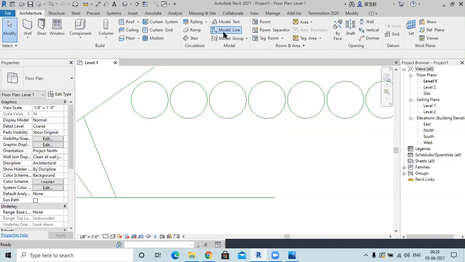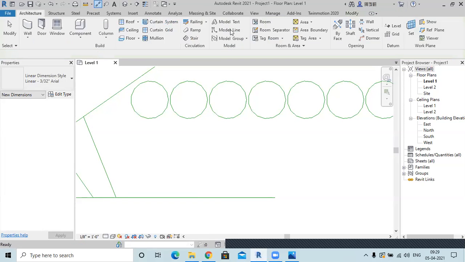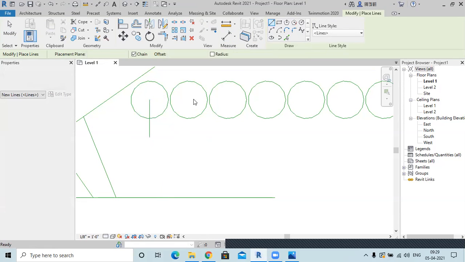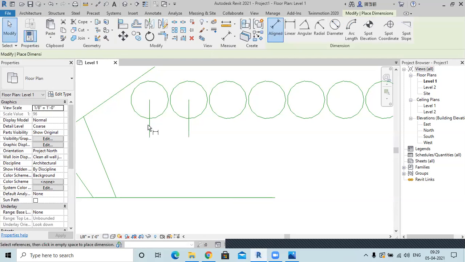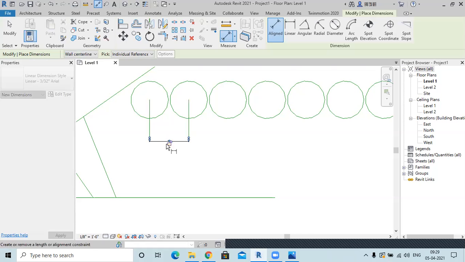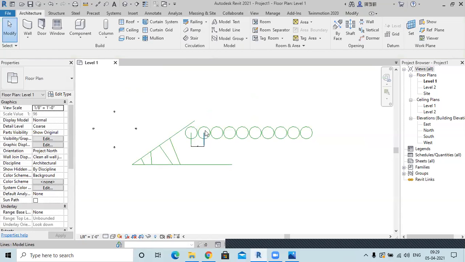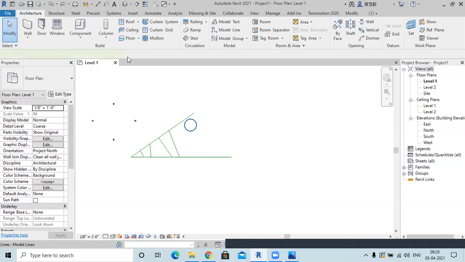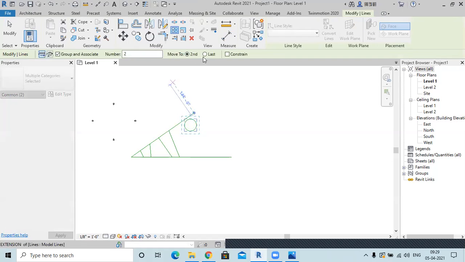How I can tell you that is I can measure it, but before that I have to create a line from its center, which I will do. Now if I measure it, it will come around 50 feet. Okay, so this is when I have selected second. If I don't do it, I'll select the last option, because the first to last thing, this one, and I'll create it to 10.